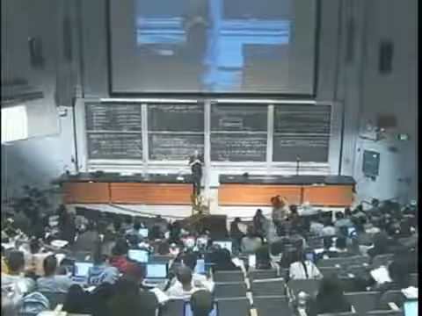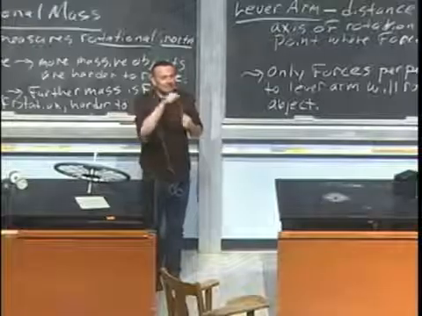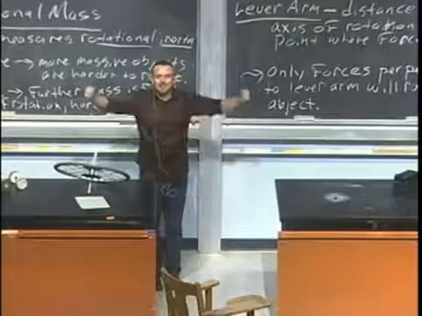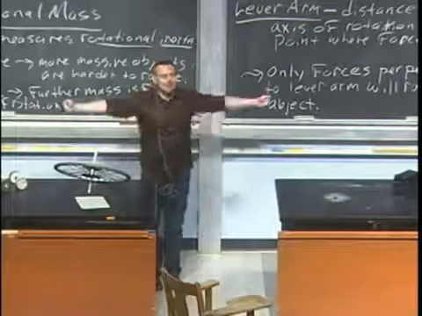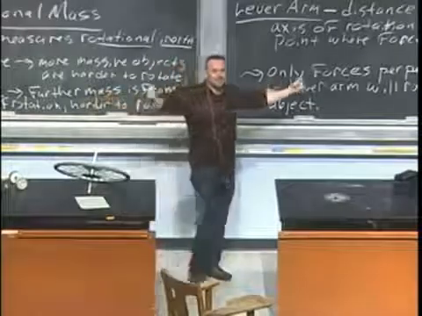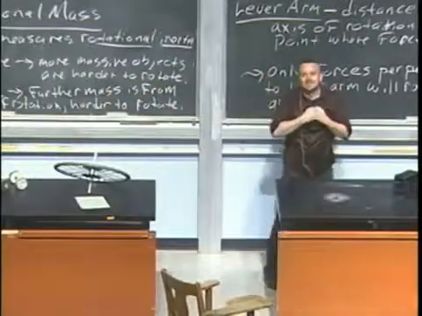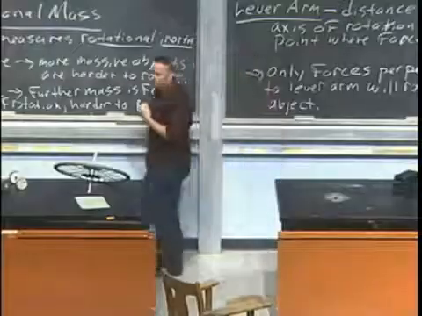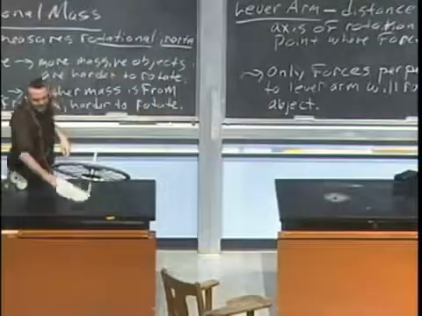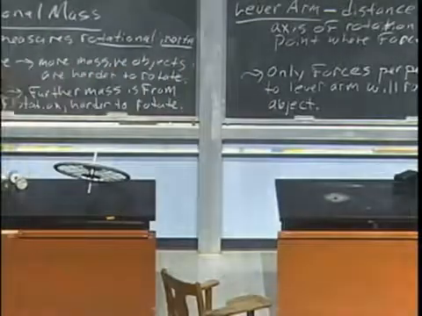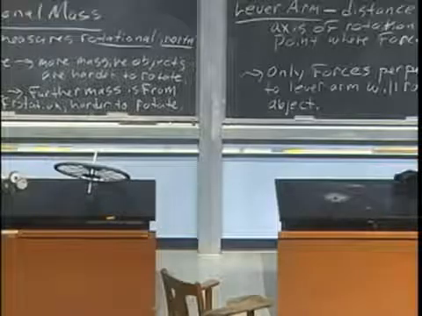Right? We'll see, actually, not in a week from today, next Tuesday, what was actually happening when she was pulling them in and out. But she was basically changing her rotational mass, which was changing her velocity because of angular momentum, which we're not talking about today. We'll be talking about that next week. Okay, so